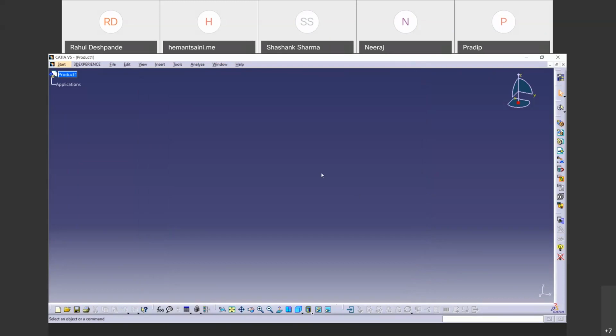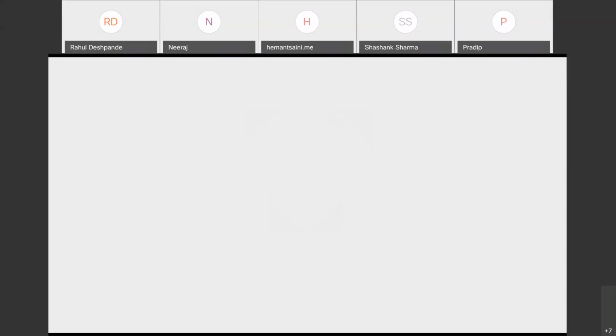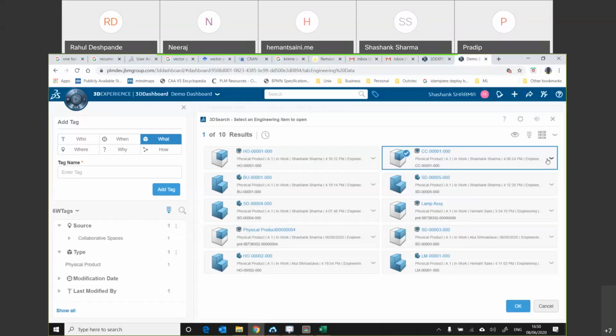Now let's open whatever we have created in CATIA. I'll have to close this CATIA session because I opened it directly. Okay, I have my part open.